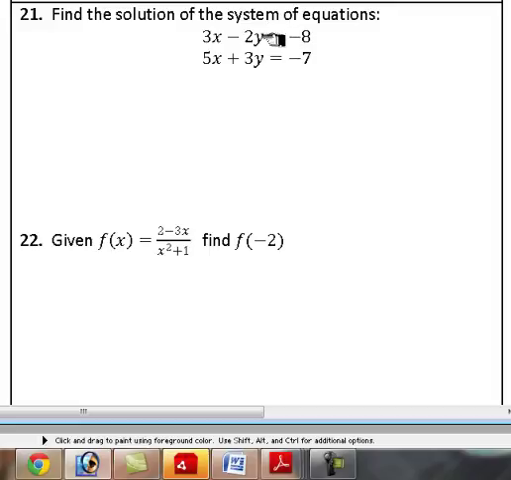And I want to multiply the first equation, and I want to multiply the second equation, so that we end up with something here that will cancel. Well, we need to end up with something that 2 divides into and 3 divides into, so that would be 6. All right, so if we multiply this equation by 3,